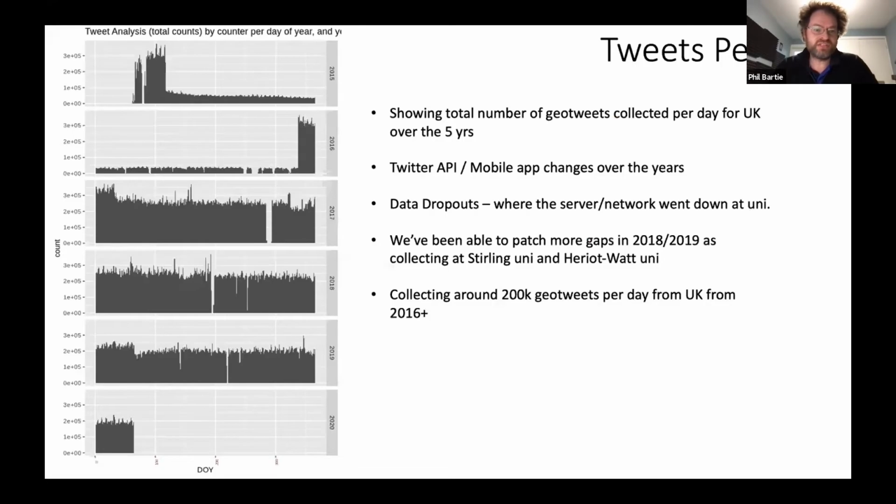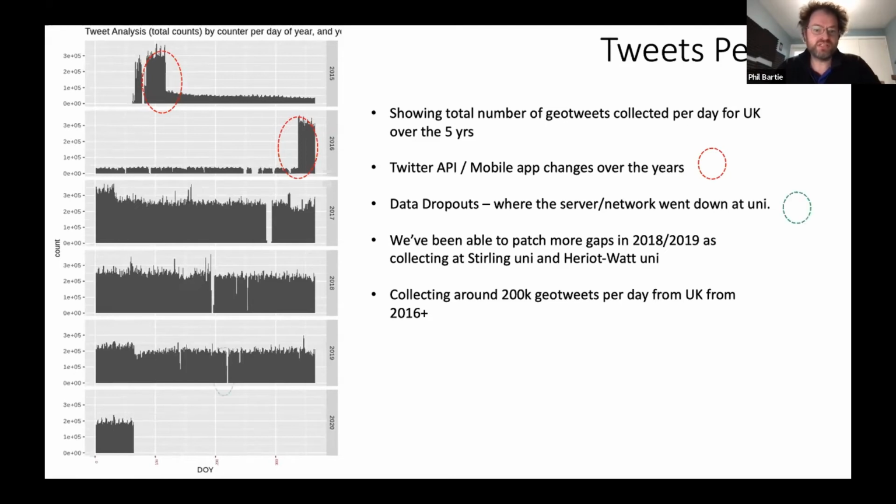So in terms of temporal trends, we've had this machine running for 5 years basically. And what you notice is there are some changes here, and that's where Twitter have changed their API for some reason, or they've changed the mobile app. So it used to be that when you send tweets, the location was sent with it, and if you turned it on, it stayed on, and then it's always off unless you force it on for every tweet. So the location information at the GNSS or GPS level has changed over these 5 years.